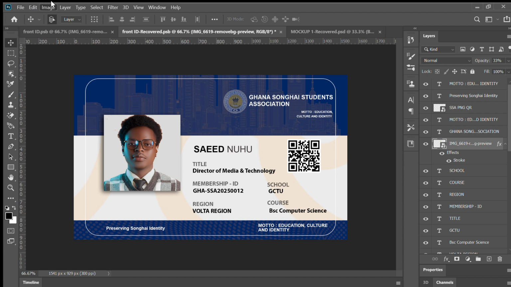Now the other one is Image. You can see it clearly. The Image menu is where you can adjust image size, rotation, and add adjustments. Next to it is Layer, to create, manage, and organize layers. So before I start, you can see this very nice